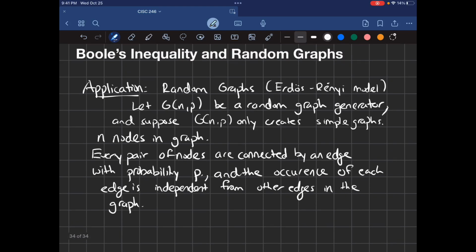In this video, we'll be using Boole's inequality, which we just proved, and applying that to random graphs and then analyzing them using that inequality. So first off, we need to define what a random graph is,